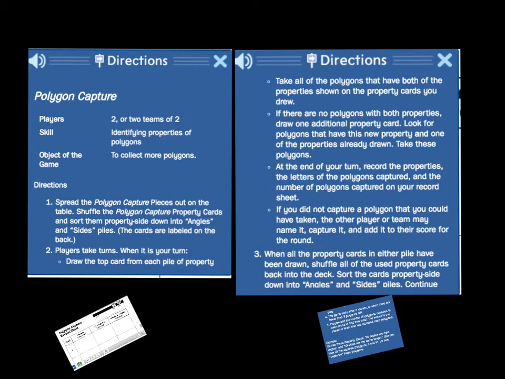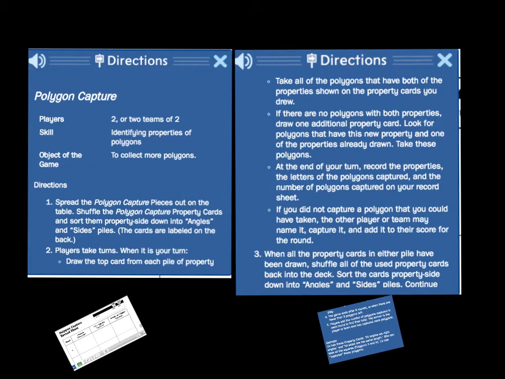And you'll notice that I've got the directions here on the screen. We have to have 2 players, and the skill is identifying properties of polygons. And the object of the game is to be able to collect more polygons than your partner. So you'll have some decks of cards, and as we look at the directions here, you can see that you're